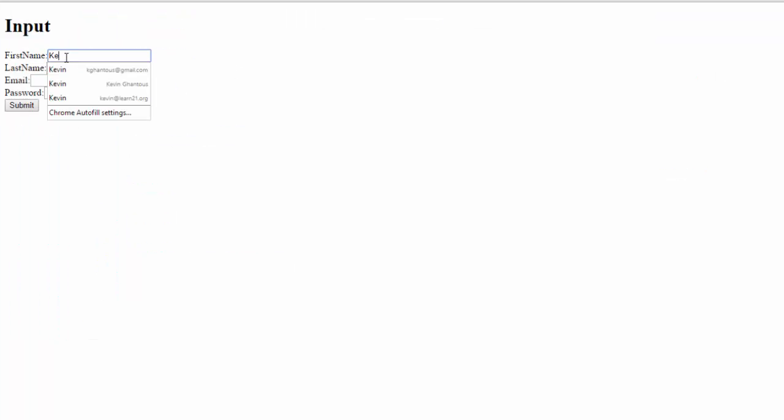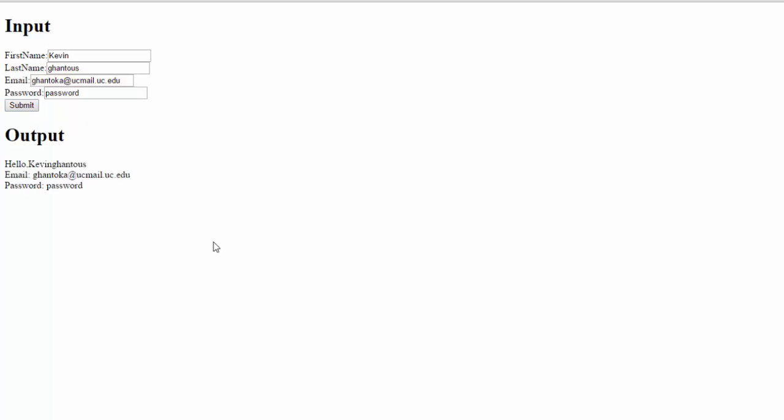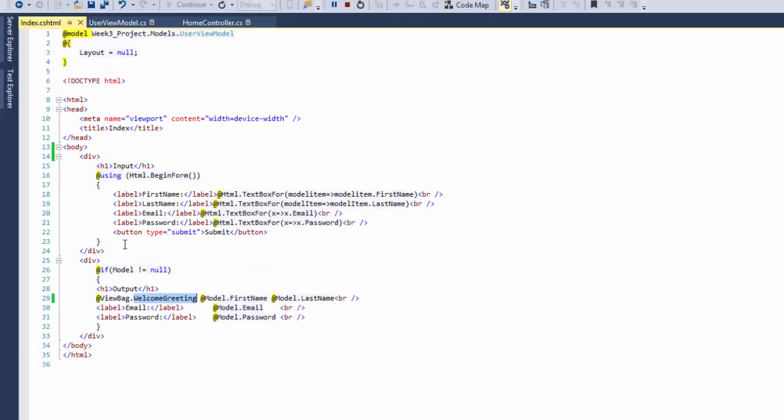So now we will fill in the form again and hit submit. And our space didn't seem to come through, but we do have the hello, comma, Kevin Gantos. So we can make some more adjustments to our view. If we need that space, we can do things like a NBSP, which is a no breaking